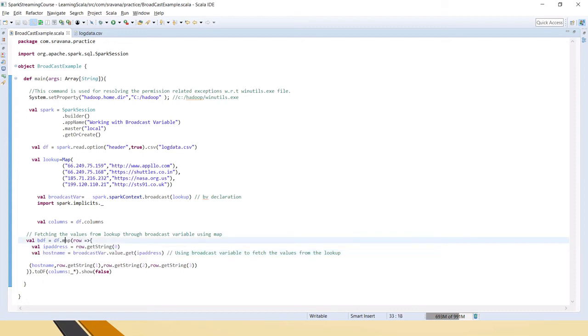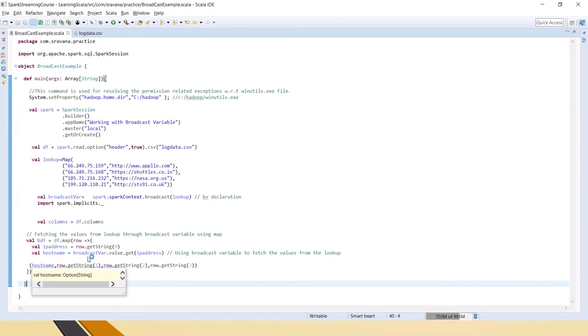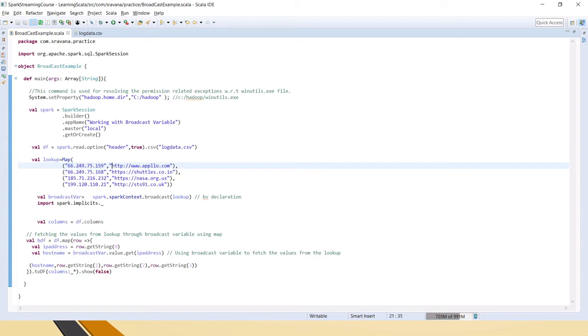And then because this is a map, I am returning all the columns after we have modified, right? Because for each IP address we have to update that with the host name, this replacement should happen. Currently this is there in the input file, and we have to replace that with this. So we are using that broadcast variable, replacing the web server host with this host name, and then the rest of the values, the other 3 columns, we are saying return those as well.